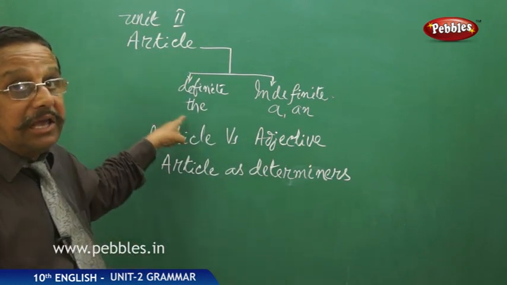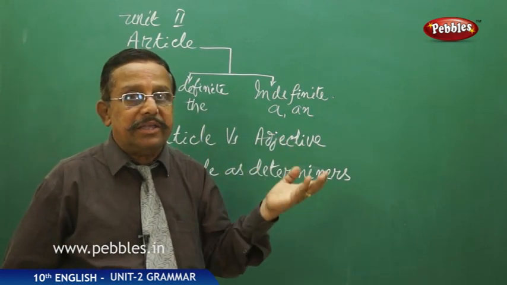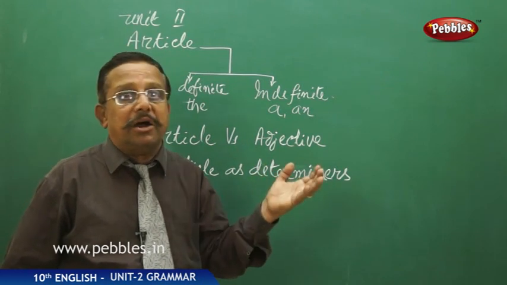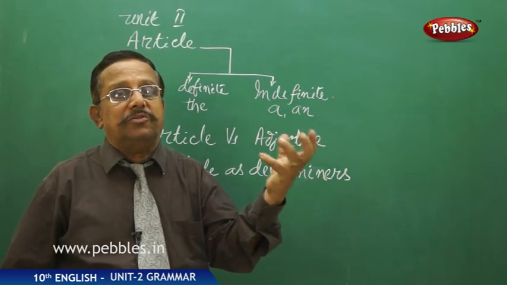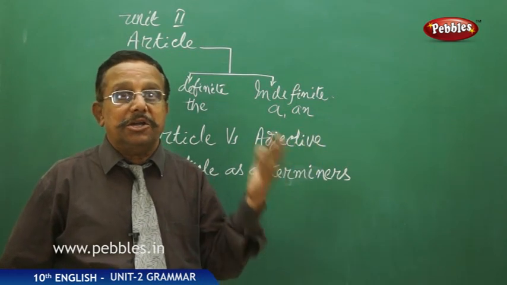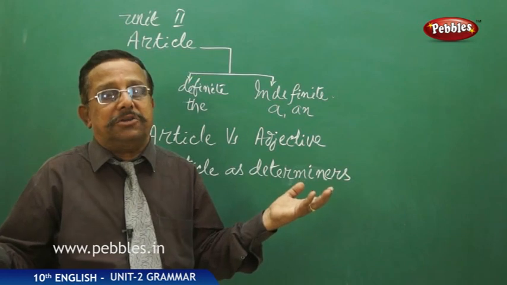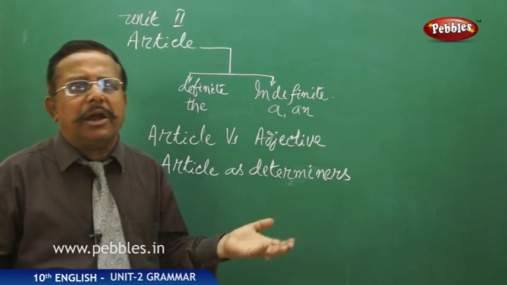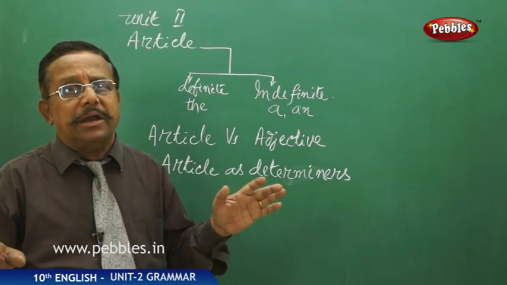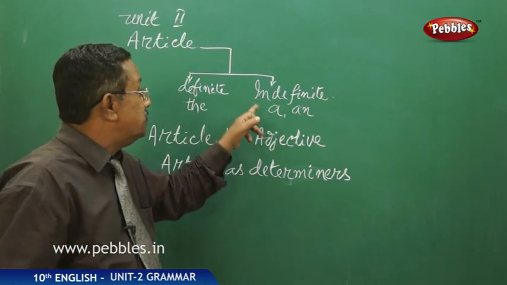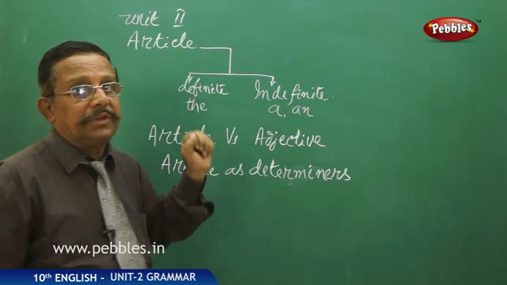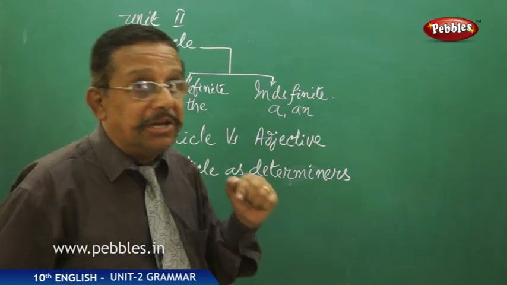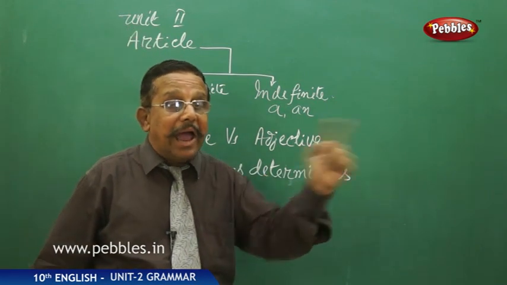So, this definite determiner or definite article is the. The orange. When we say the orange, that means a particular one orange, we are showing it. It is demonstrated, it is shown. An orange, a boy, a cow, means any cow, any orange or any boy. It is not determined, it is not definitely said. And so it is called an indefinite article. So here, article versus adjective. Articles are adjectives, but adjective is not article.